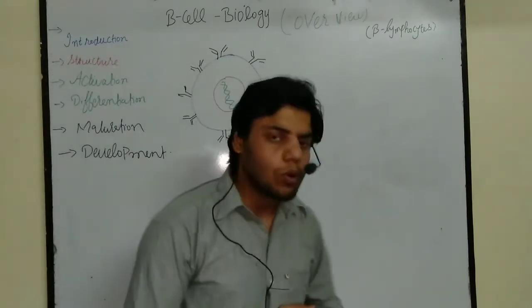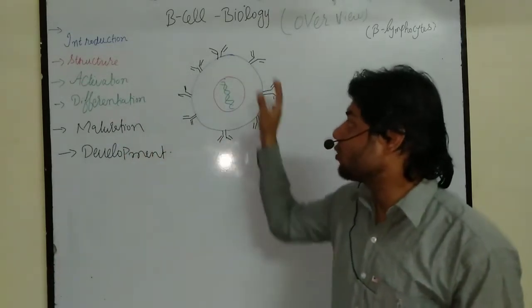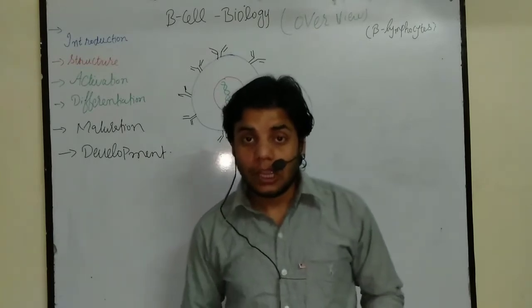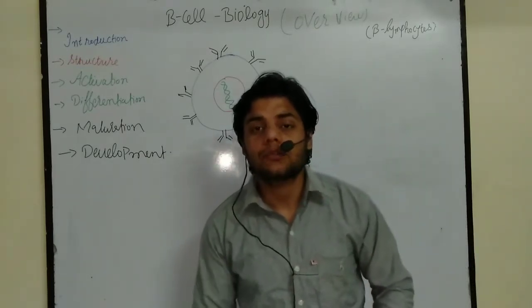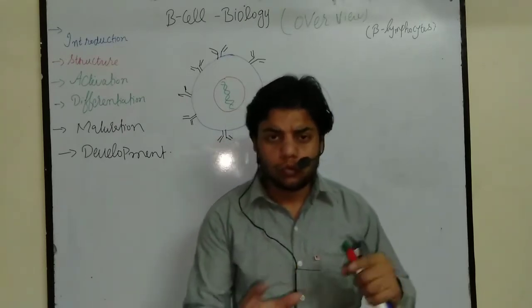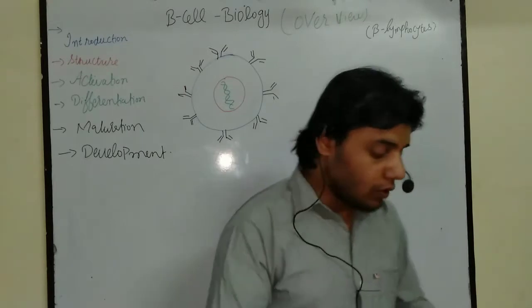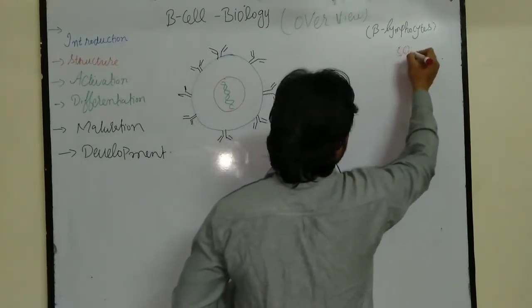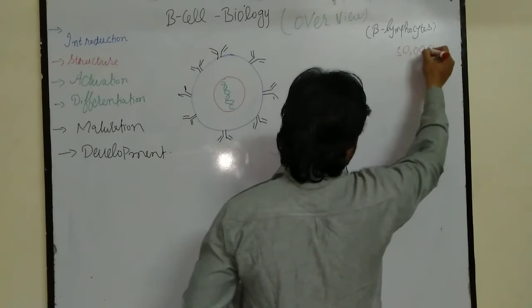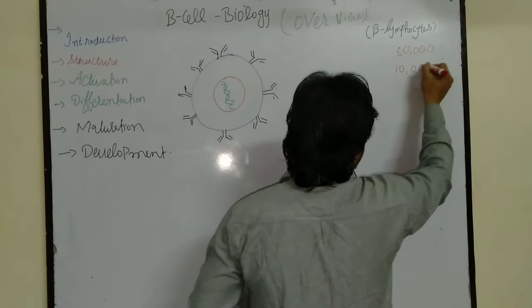There are almost 50,000 different types of receptor on the surface of the B cell. It means that they will identify different types of microbes through their different epitopes. So we can say that we have almost 50,000 different types of B cell receptor, and almost 10,000